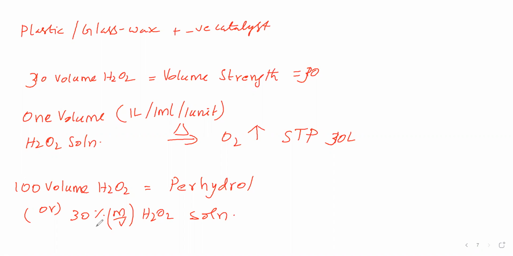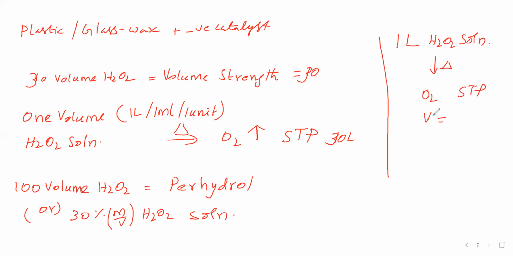So what is volume strength we got? If you want the volume strength of a hydrogen peroxide solution, what you have to do is take 1 liter of hydrogen peroxide solution. Then heat this hydrogen peroxide solution. You will get oxygen gas. Measure this volume at STP. So see how much volume you are getting. Suppose you are getting 25 liters. This is 1 liter. Here, 25 liters of oxygen gas if we get,